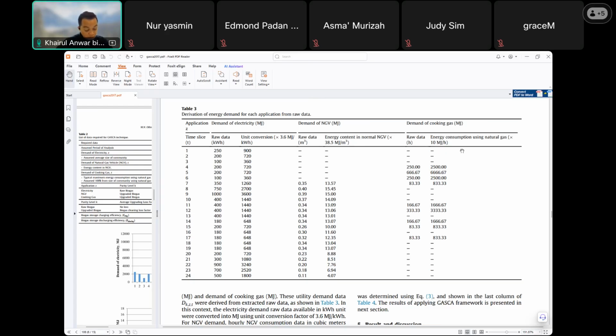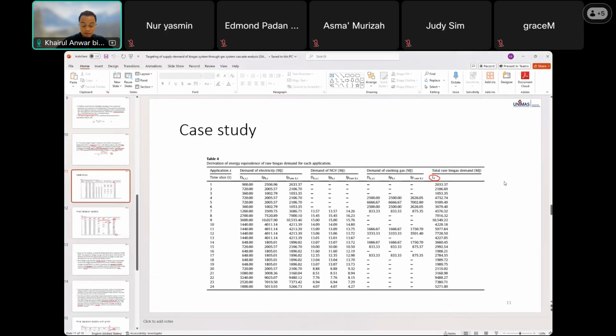So from this table 3, the author does the analysis, a series of calculations. Then we have this table 4. So table 4 here is based on data from table 3 and the assumptions in table 2. All right, let's see. So for demand of electricity,